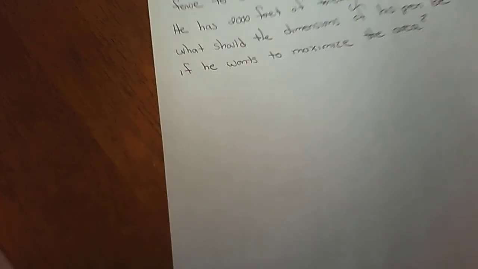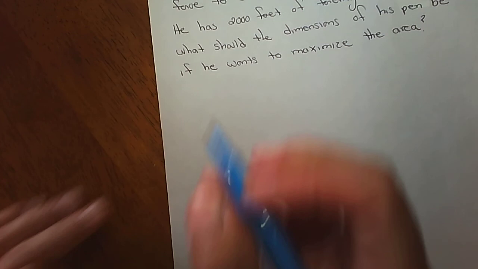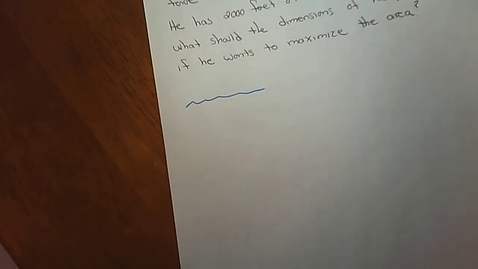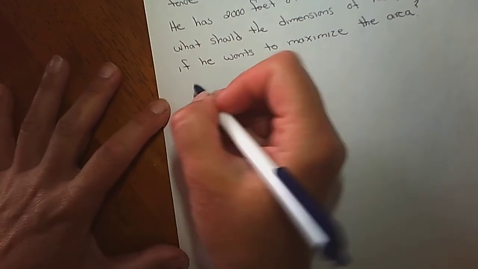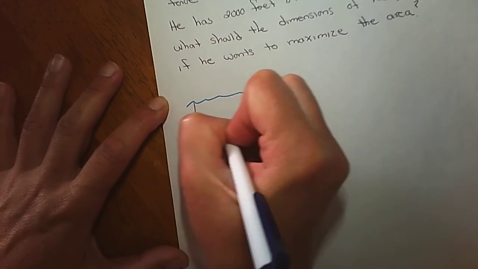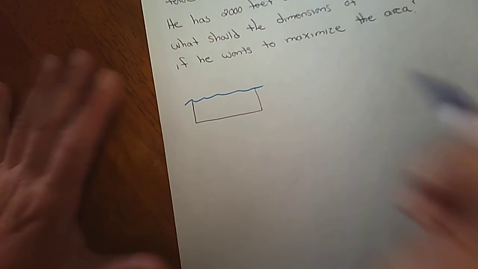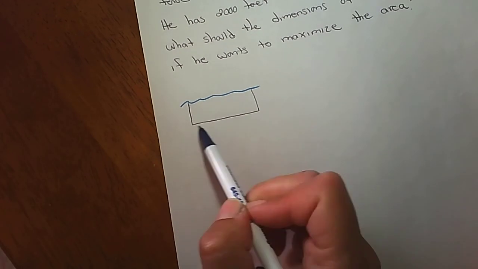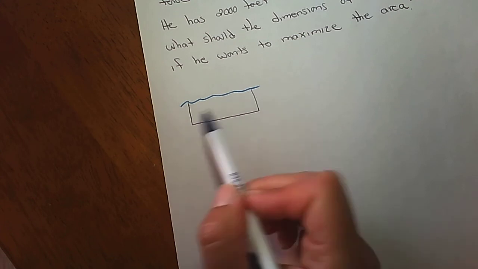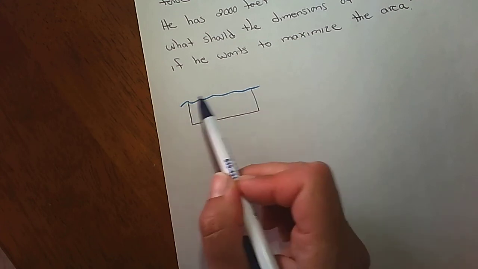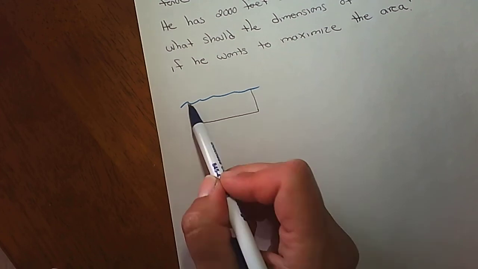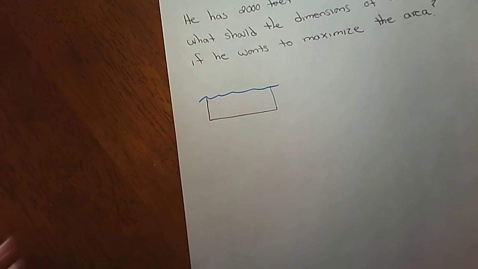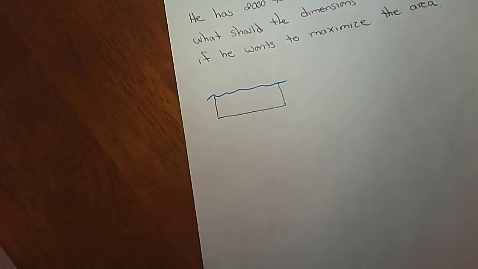All right, now let's talk about what the scenario is talking about. So we have a river, right? That's our river. And he wants to build a pen, a rectangular one, up against the river. Now, what's interesting about this, guys, is sheep will not go in the water. You don't want to die. So anytime there's something here, you don't have to run fencing against it. It's unnecessary. So we only need these 3 sides to use to build the fence. So we want to maximize the